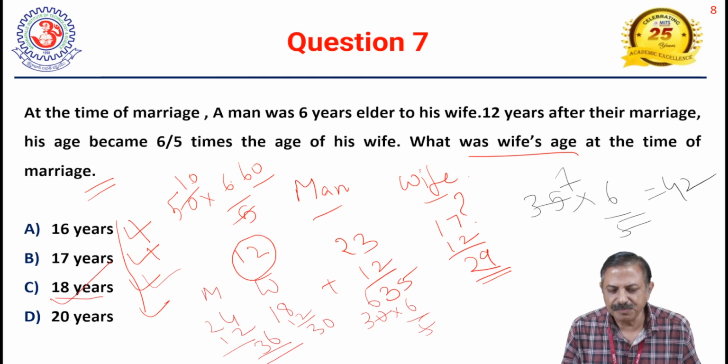Each age is 6 by 5 times. So if we take 35,